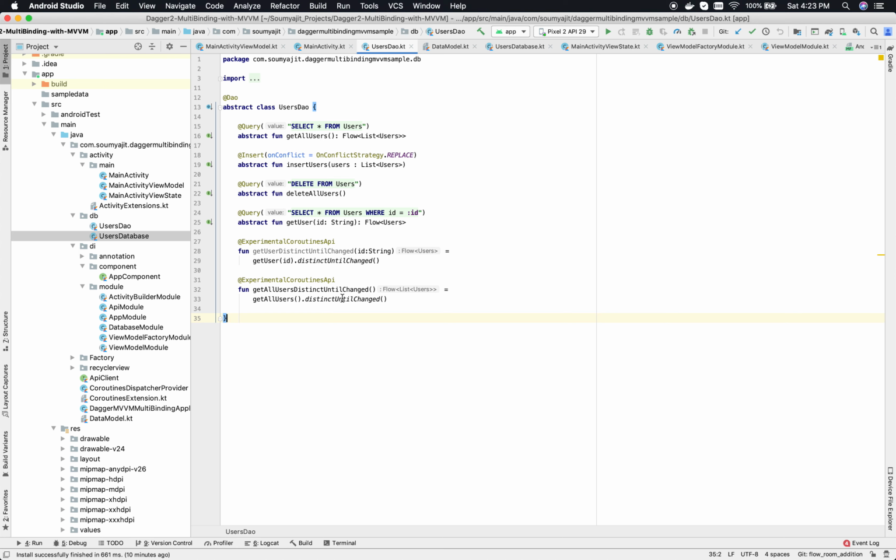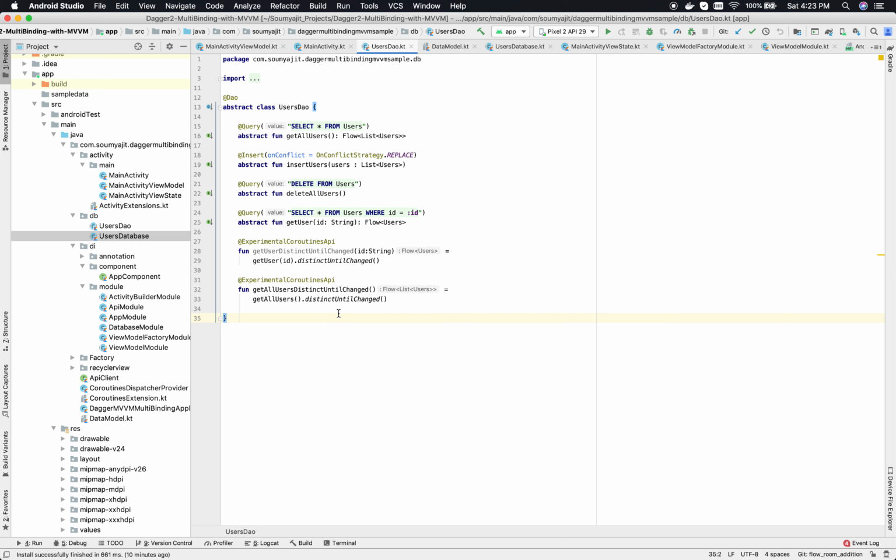So basically what it does is, let's suppose I have the same thing in the Room database that I have propagated down the line to the place where the Room database changes are observed, and after some time there are a few changes, but other parts are the same.